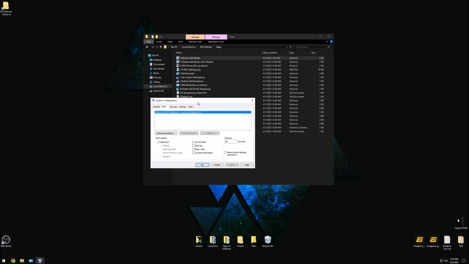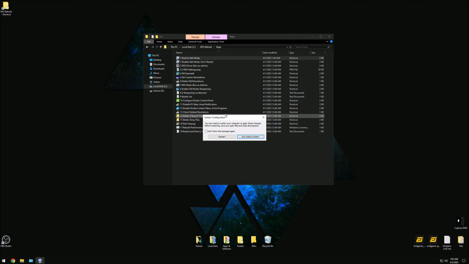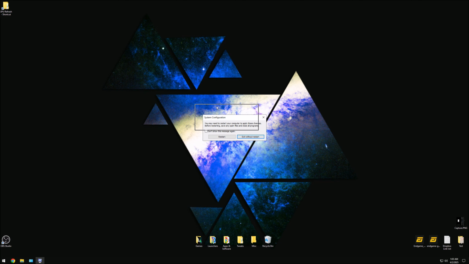So we're going to boot the PC into safe mode. What this is going to do is pull up msconfig, or System Configuration. Go over here to Boot, click Safe boot, and then click Apply. Now it's going to prompt you with a box. It's going to say, hey, you need to restart to boot in safe mode. We're going to click Restart. And once I'm back,